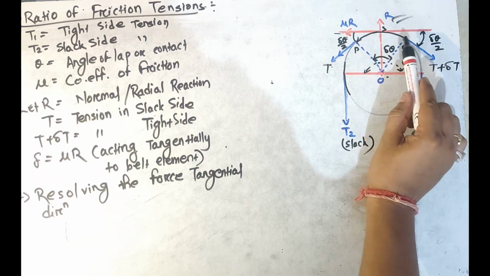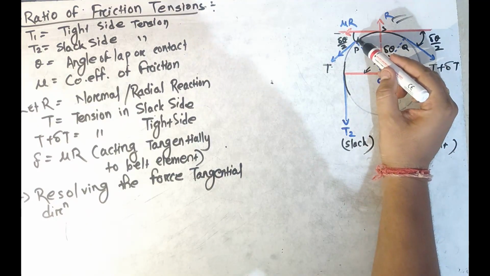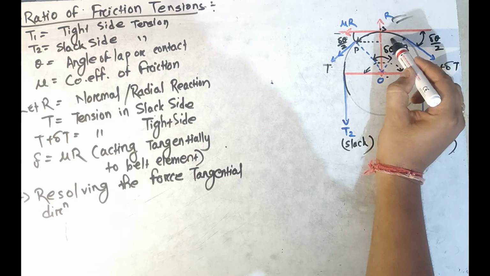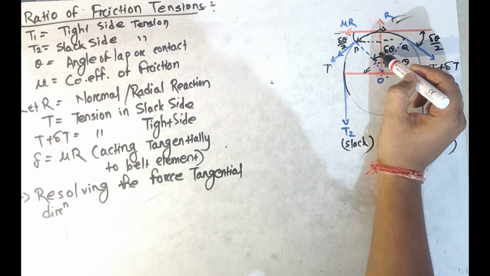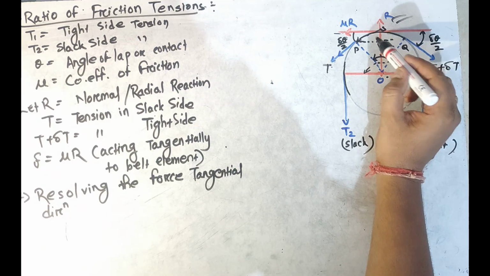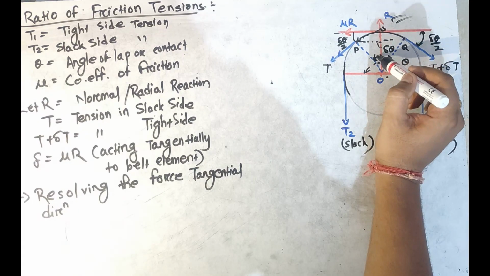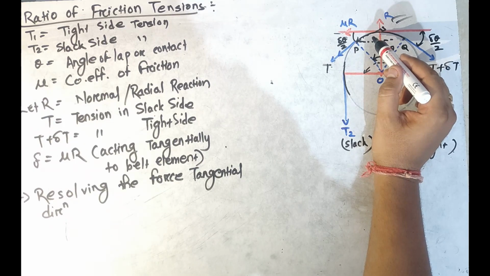So this particular portion subtends an angle del theta at the center. If we just draw one triangle here, and from this point also, okay, this is one triangle. So this angle is del theta by 2. This del theta by 2 will be equal to this angle plus this angle, so this is equal to 90. So del theta by 2 plus this angle will be equal to 90. So one is del theta by 2, another one is 90 minus del theta by 2.